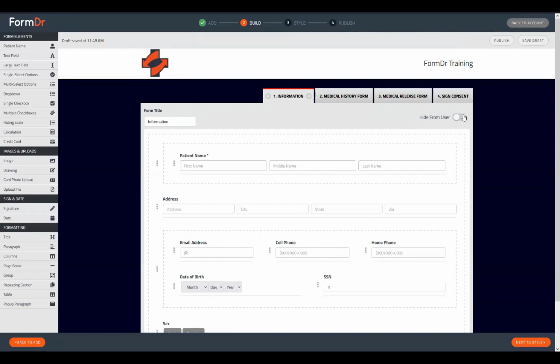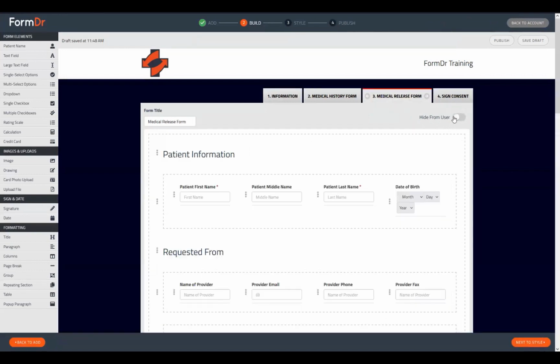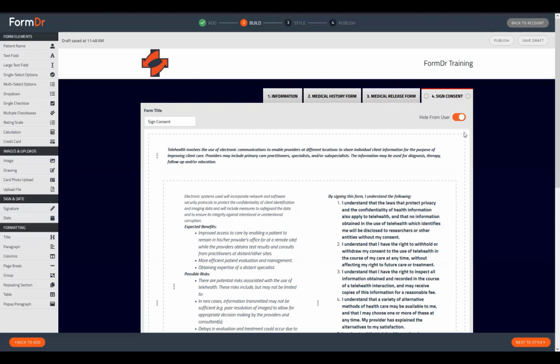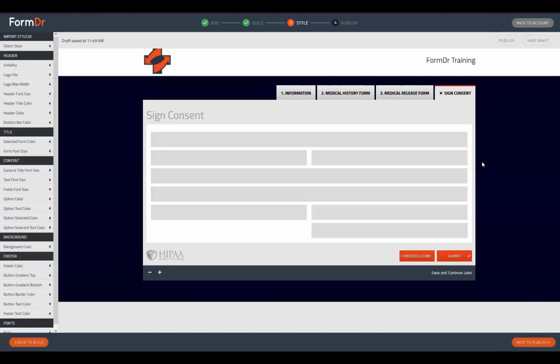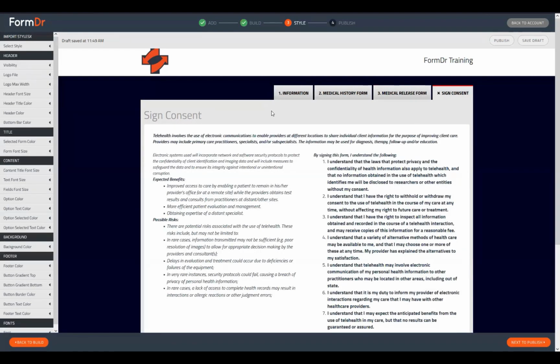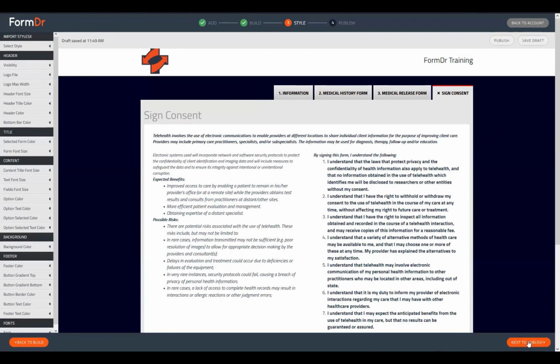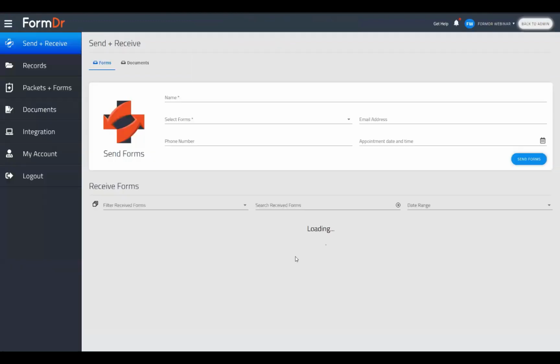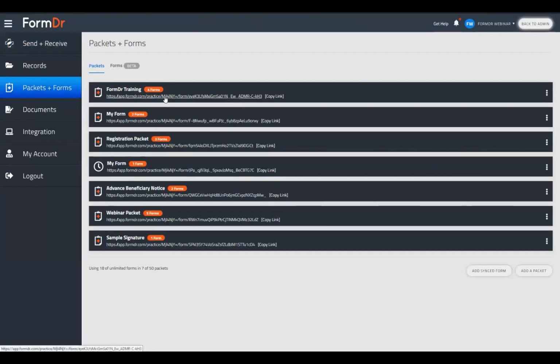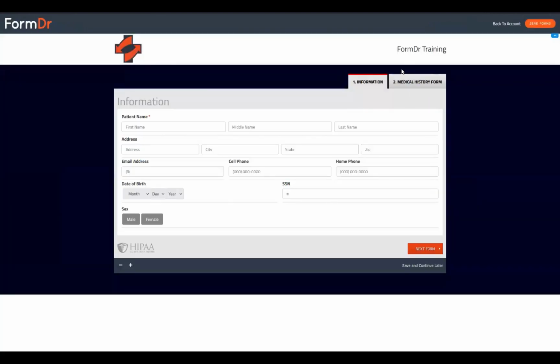And then you're going to use this hide from user toggle on all of the tabs that you don't want to be displayed. So these will hide them from the patient whenever they click that link, or if they're being displayed currently like on your website, then those won't be displayed until you want them to be again. All you'll need to do is go back to the builder and then uncheck that hide from user toggle. But we can go back to publish and save these changes. And then whenever we go back to that public link, we can see that it still has 4 forms in there, but it will only display 2 for the patient. And then if the patient